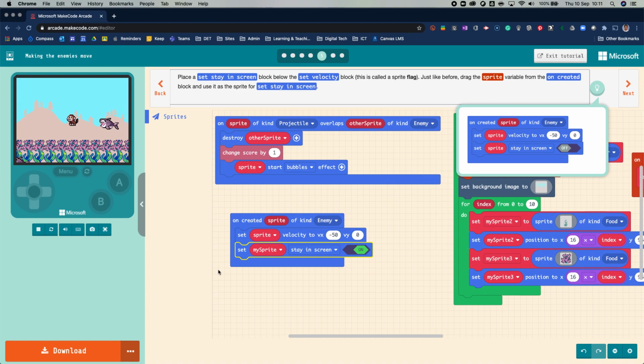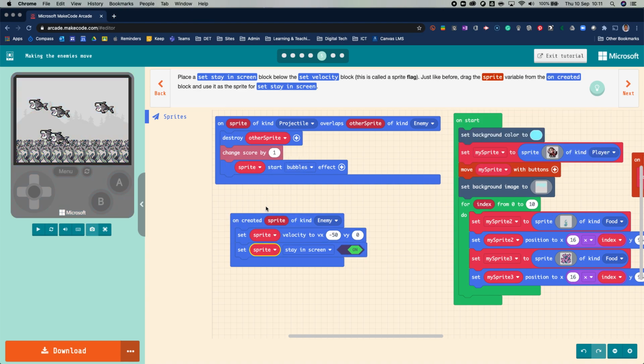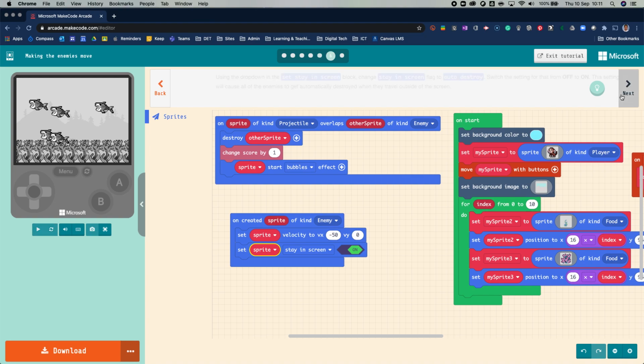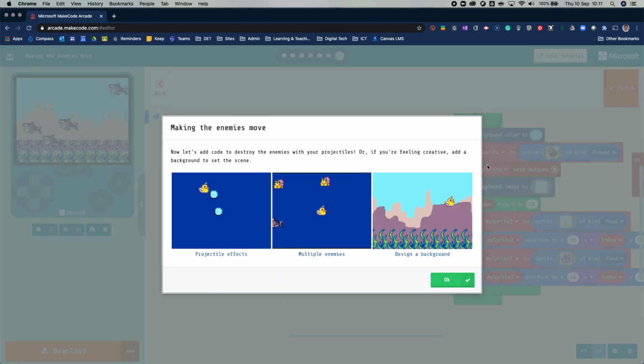As you can see, we're going to change it to sprite. And then we're going to, in here, change it to auto destroy. And then that will cause the enemy to be destroyed when they travel outside the screen. So they won't affect the character. And now we have done,